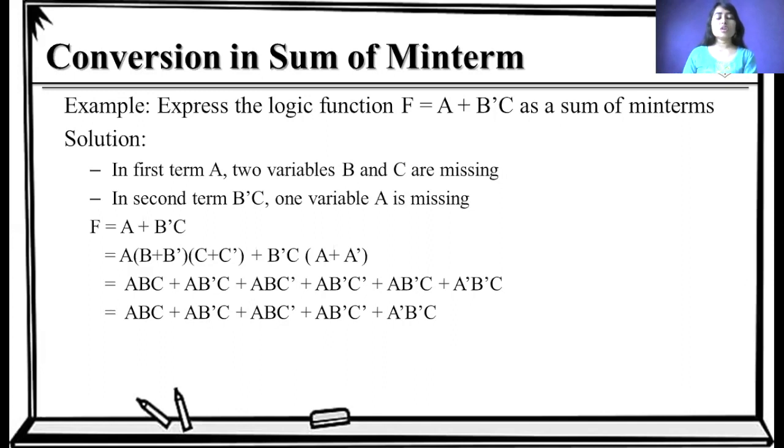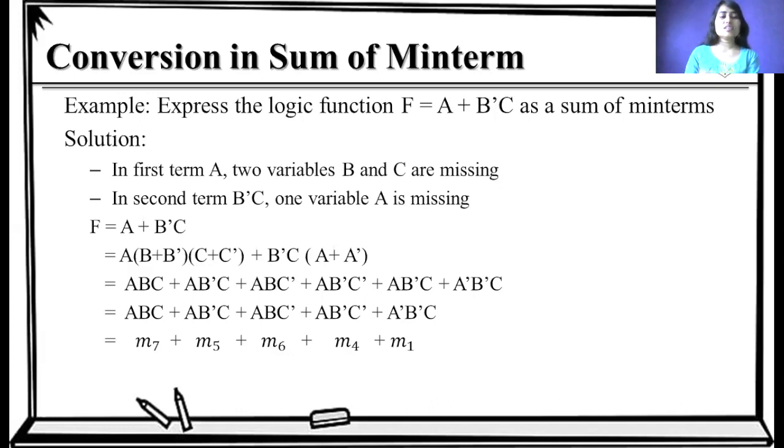Here we have a repeated term, AB'C, so we represent this term only one time. So we have this logical representation: ABC + AB'C + ABC' + AB'C' + A'B'C. Now these terms can be represented in the form of numbers A, B, C. That means in min term, this function has the combination value 1, 1, 1, as these are all normal variables. So for 1, 1, 1, we have the term M7.